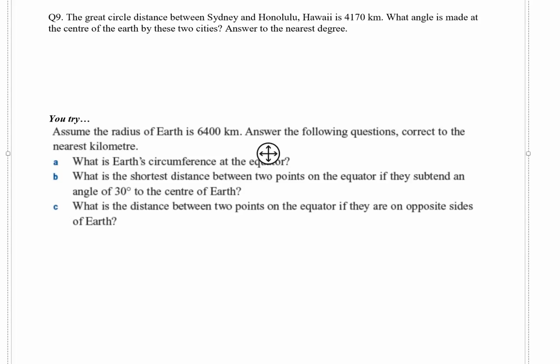Now, it won't be surprising that once we introduce a formula, we can move to thinking in terms of algebra. We know that we frequently have to solve equations in algebra, and a formula is just an equation. So given the equation L equals theta on 360 times 2 pi r,